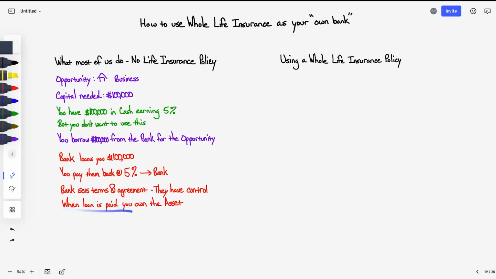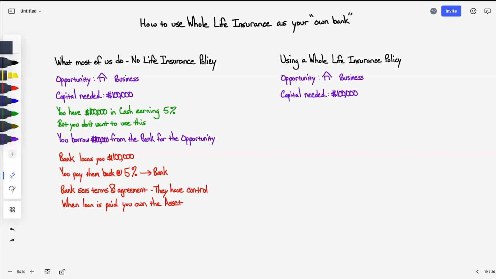Now, when the loan is paid back, what happens? What's the benefit to you? Well, now you own the asset fully. So if it was a piece of property, you took $100,000 from the bank in order to acquire that piece of property. When you paid the bank back, you paid the principal of $100,000 plus the 5% interest rate. That's where the bank made money. Depending on how long it took you to repay it, that will have an impact on how much money they made. But this is what happened here. I acquired the asset and I paid 5% all along the way to get that asset.